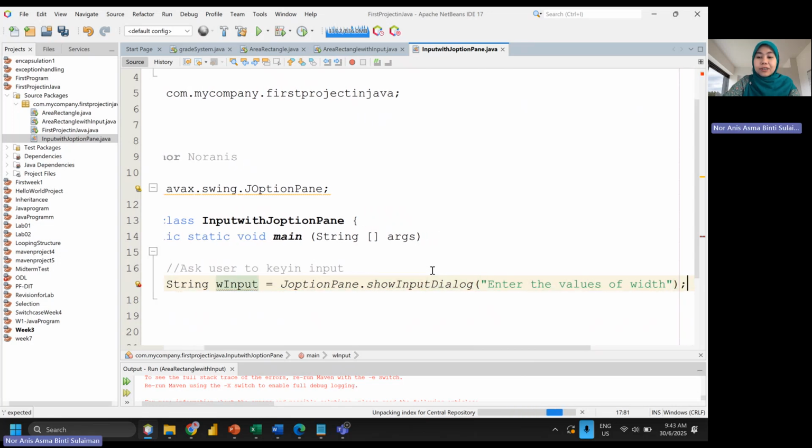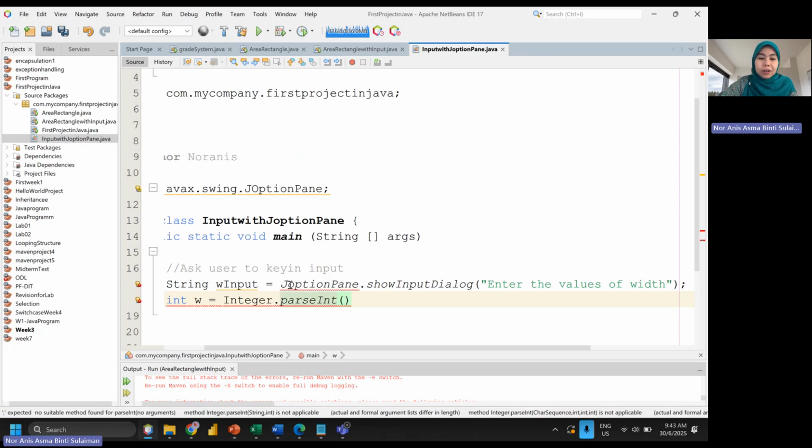Don't forget the semicolon. Next, int w equals, since this is an integer, we are using Integer.parseInt and calling your input name. If you just want to use w, that also works. So this could be the first statement.